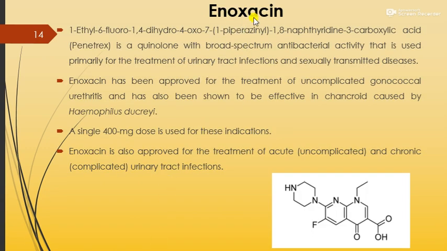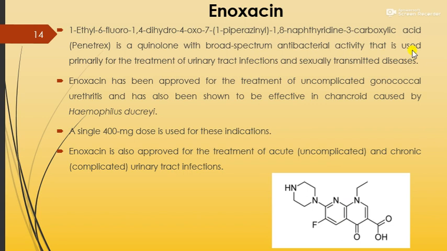Our next molecule is enoxacin. The IUPAC nomenclature for enoxacin is 1-ethyl 6-fluoro 1,4-dihydro 4-oxo 7-(1-piperazinyl) 1,8-naphthyridine 3-carboxylic acid. Now we will correlate this IUPAC nomenclature with the structure. You can see in the structure 1-ethyl 6-fluoro 1,4-dihydro 4-oxo 7-(1-piperazinyl) 1,8-naphthyridine 3-carboxylic acid. It is a quinolone derivative with a broad spectrum antibacterial activity that is used primarily for the